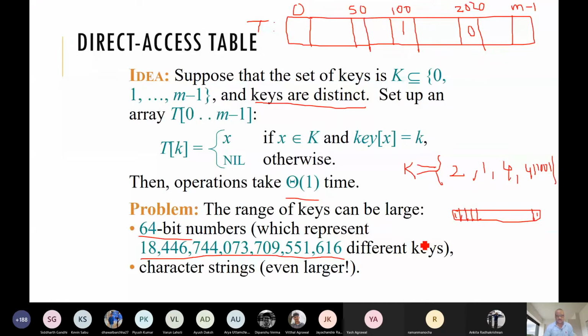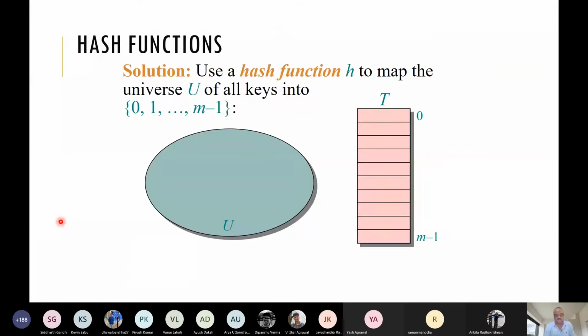So for this drawback of the data structure, we are going to see the alternative. The alternative is the hash function. So what is a hash function? A hash function is a function which takes any key from this set of keys, the universe of keys, the set of all possible keys. If it is 64 bits, say all 64-bit numbers are here. So how many numbers are there? Each is a 64-bit number, say 0, 0, dot dot dot, 1. This is one key, this is k1.